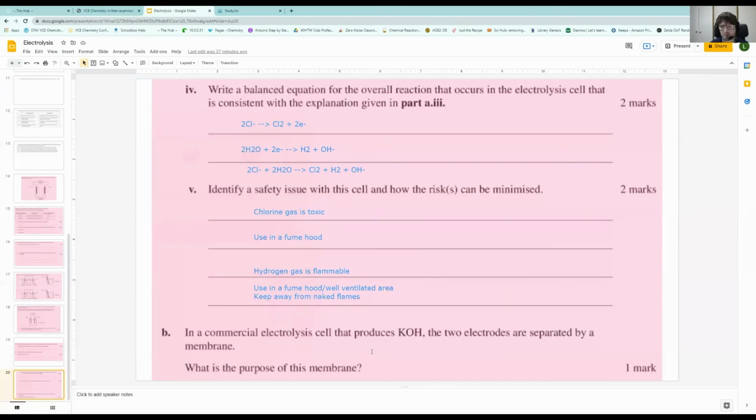If you have a membrane that's separating an electrolytic cell, it's because the products from both half cells could potentially diffuse towards the center and react, reacting, getting rid of each other. So I assume it's one that can kind of keep the